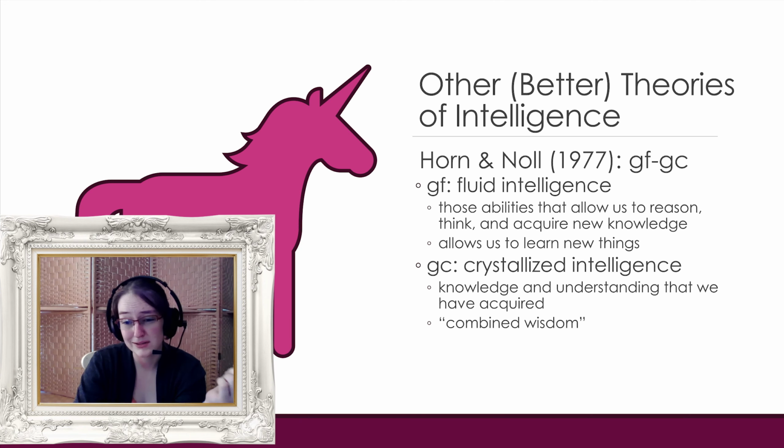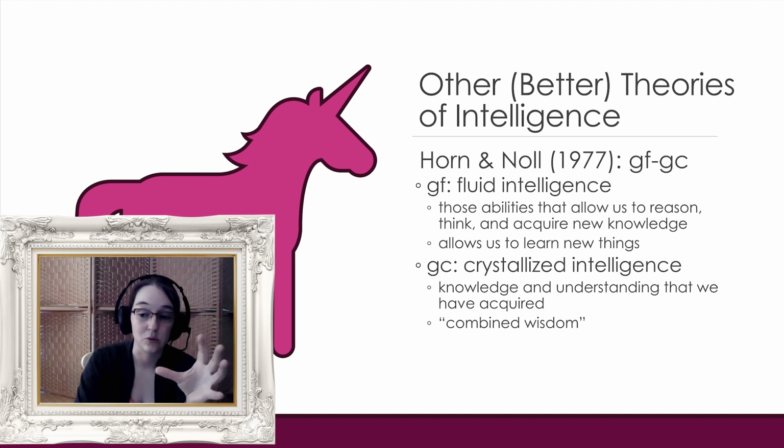So other theories, and there's tons of different theories. I don't disagree with this one that makes a distinction between fluid and crystallized. Fluid intelligence taps into those abilities that allow us to reason, think, and acquire new knowledge. They help us learn new things, while crystallized is the knowledge and understanding of information that we've already acquired. So like combined wisdom. I cutesily refer to these as being clever versus wise. Fluid is clever, your ability to work with new stuff and move pieces around, versus crystallized, which is more wizened and wise. So it's the information